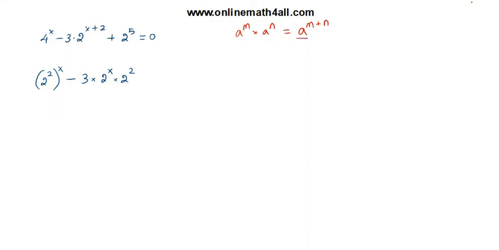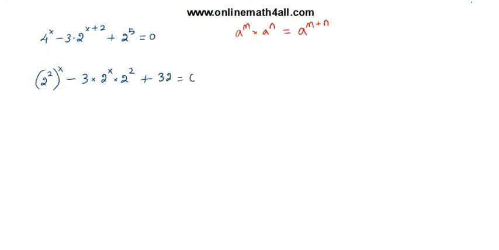That is, we have base a and two values added in the power. What we do is we take this base a separately for m, separately for n, and we multiply them. That is what I have done with this 2 to the power of x plus 2. So here x and 2 are added in the power. I take this base 2 separately for x and separately for 2 and multiply them. Okay, so now we have 2 to the power of 5. The value of this one is just 32